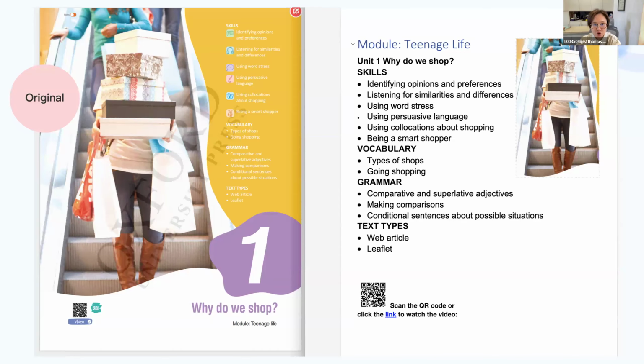This slide shows the original unit introduction from the course book. You can see that there is a lot of information packed into the slide on the left: the skill, vocabulary, grammar, text types. The larger picture on the left takes up a lot of space, and there is no text description. And there are many colors and shapes in it, and it can be overwhelming for students with low vision or